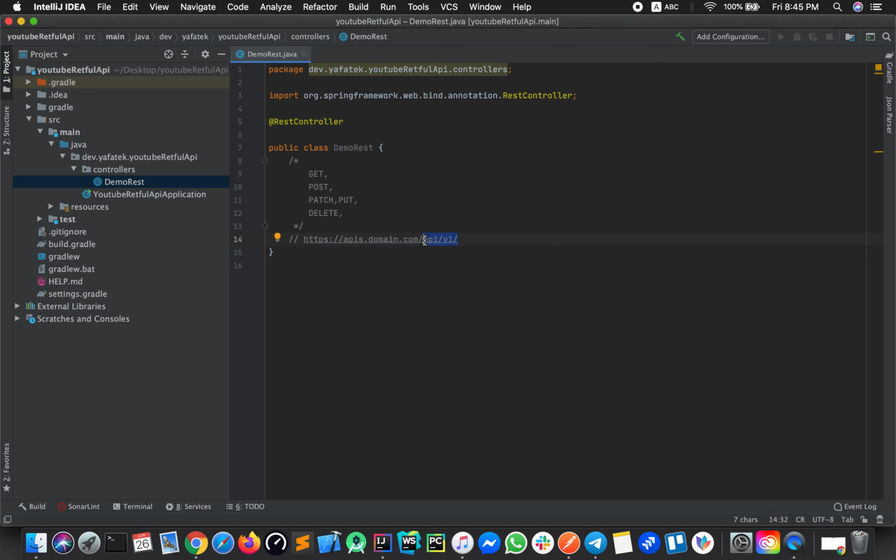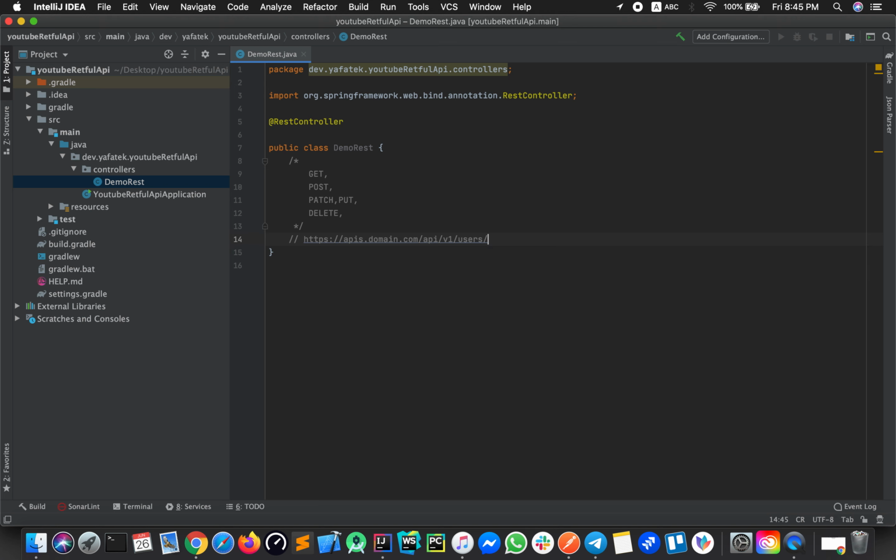This is a standard API v1. The v1 is up to your version 1.1, version 2, version 2.1. It's up to your system release. After that, we will likely have the group name, like users, and we will have various